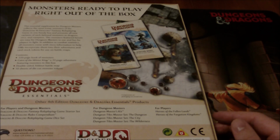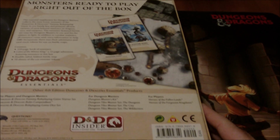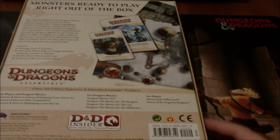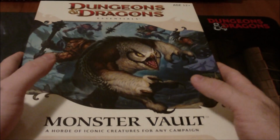So the contents of this box are a 320-page book of monsters, the Cairn of the Winter King, a 32-page adventure featuring monsters from this box, a double-sided fold-out battle map, and 10 sheets of cut-out monster tokens. And this retailed back in 2010, I believe is when this came out. Yeah, 2010. Retailed for $29.99 US or $35 Canadian. So pretty decent value for your money, especially back then. So opening it up here,